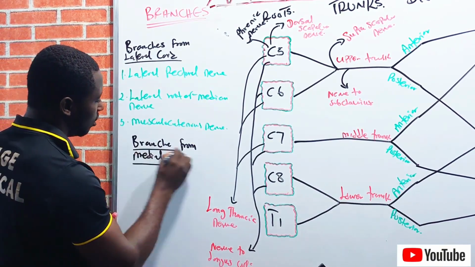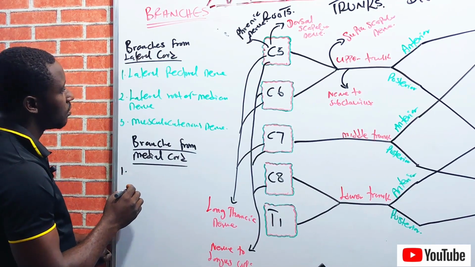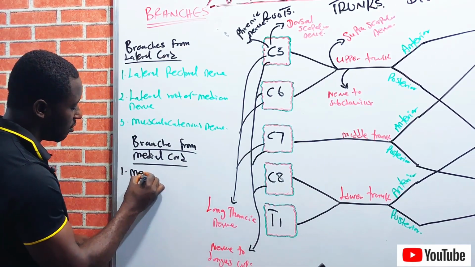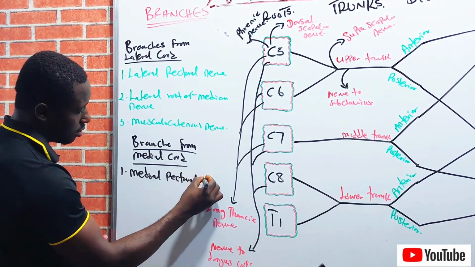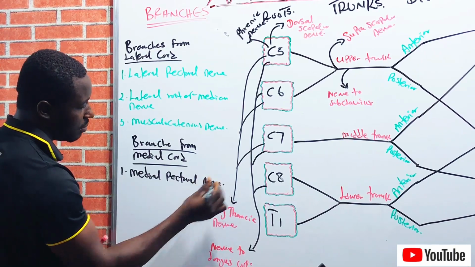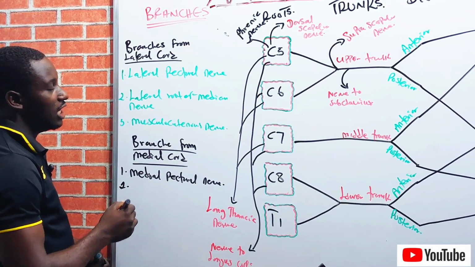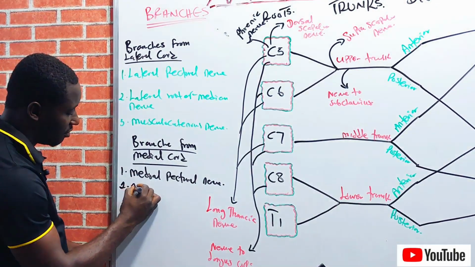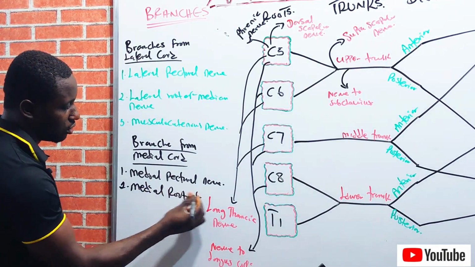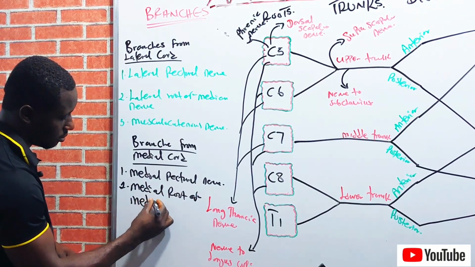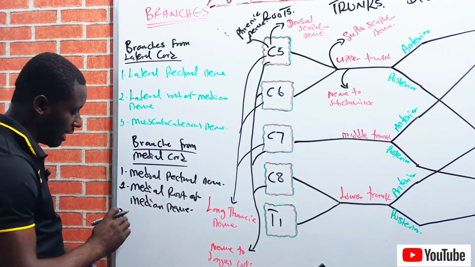Branches from the medial cord. We have number 1, the medial pectoral nerve. Number 2, the medial root of the median nerve. Number 3 is